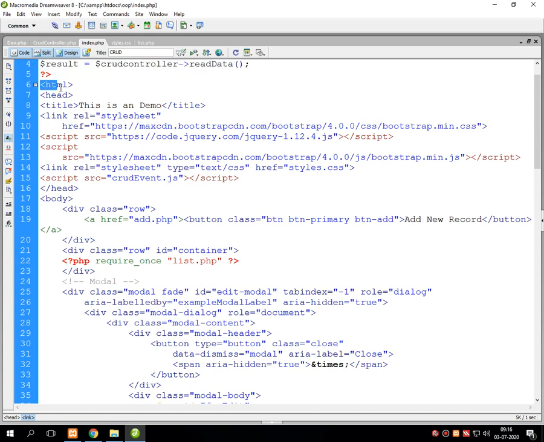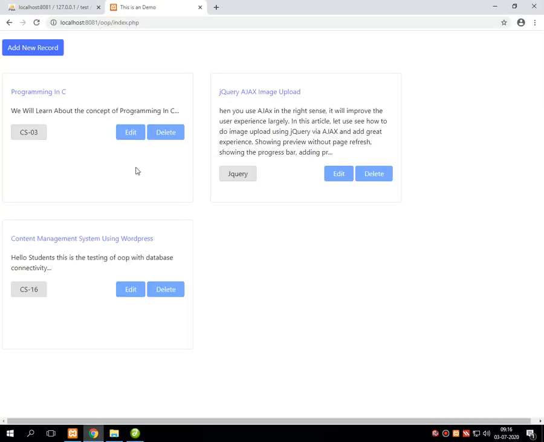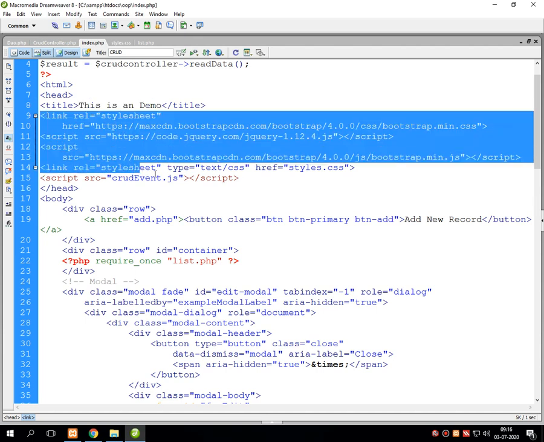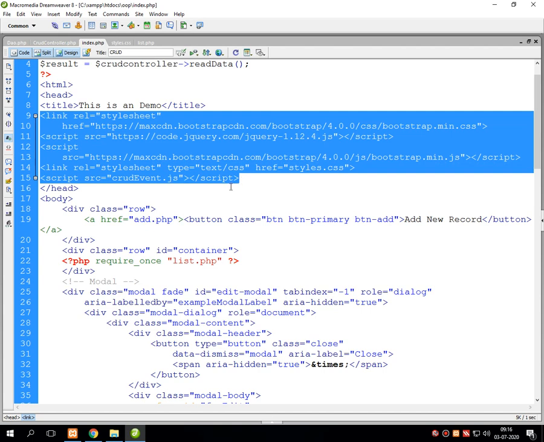Then there is a static page designing by writing HTML and head, then a title that I have given, this is a demo. This title is going to be displayed over here. You can give any title for this particular program. Then some CSS setting I have mentioned over here. Whenever I share this program with all of you in the lab, just write down this line of code from that program. No need to remember this whole line of code,